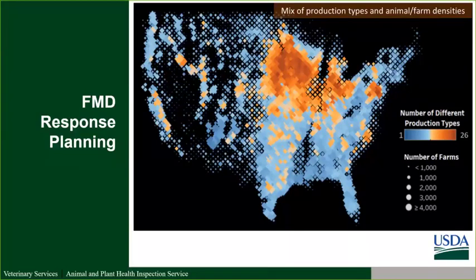And then the other part of your question, the clinical signs. That's also parameters in our model as well. So that's the passive surveillance that I mentioned before. Once there's a detected outbreak and you have an increased awareness of FMD being in the country, we can change it and have it more likely that producers would report, hopefully, or be looking at their animals to be able to detect FMD. And that is very heavily tied to the differences in clinical signs that we see with foot and mouth disease by species.